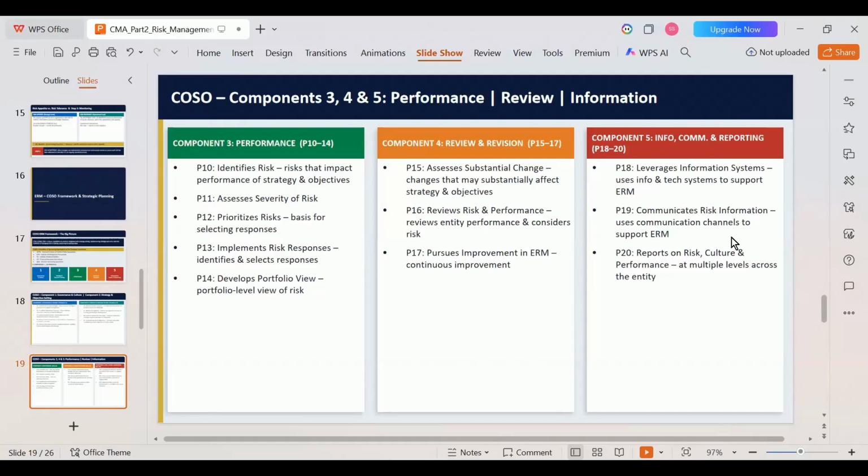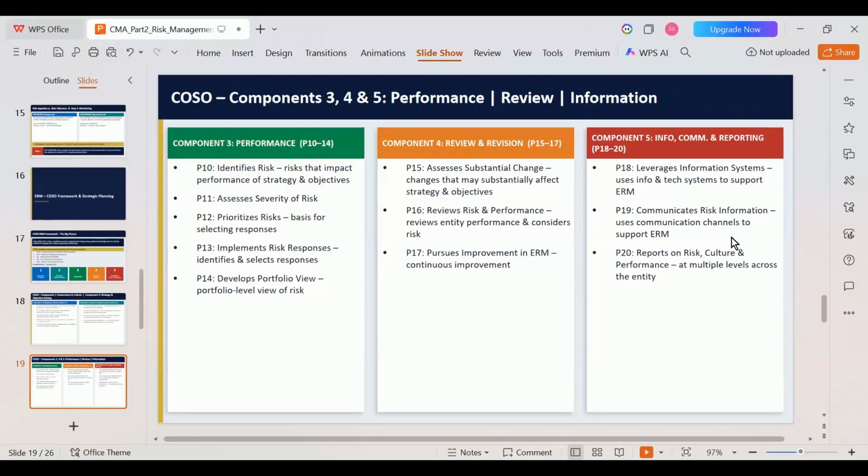Okay. So here again, we will be reviewing whatever performance we have done as of now, and any other risk other than that for which we have responded already. If any new risks have occurred in the business, again, the same cycle repeats, and we will have to find out the risk response for that. Then it pursues improvement in ERM. ERM is enterprise risk management. Continuous improvement should be there, because the main reason for this is that the business environment is dynamic. Every now and then it changes. Okay. We can't use the same old strategies for new risks that are coming up in the business. So continuously we have to improve ERM as well.